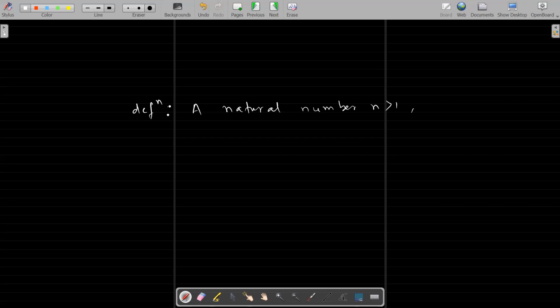These definitions are made by great mathematicians so that the theory works smoothly further. So there is no challenge why we should take this as a definition, but of course there are some conveniences why we take n greater than 1. So a natural number n greater than 1 is called a prime or a prime number